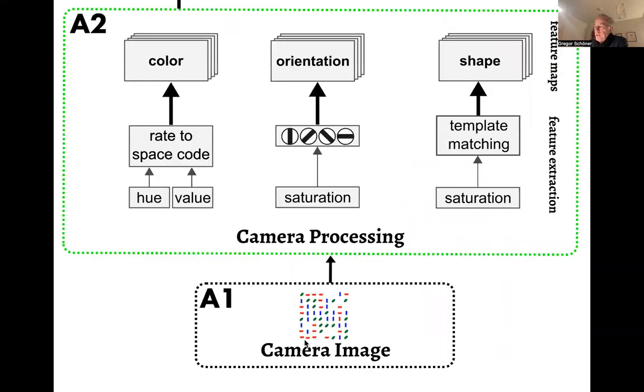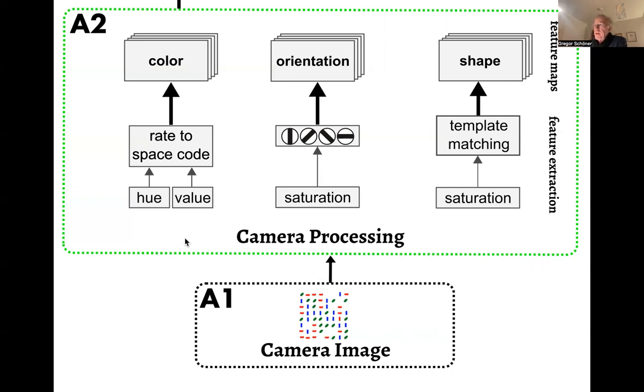So the visual scene that we do visual search on consists of simple objects. This is the kind of scenes that are shown to participants in visual search psychophysics experiments, and they have a task like looking for the diagonal green one. You see that there are different colors here, different orientations, and certain kinds of shapes, which we call templates, these wiggly shapes versus the more oval and the more rectangular shapes. And this input for the model is given into a forward feature network for forward